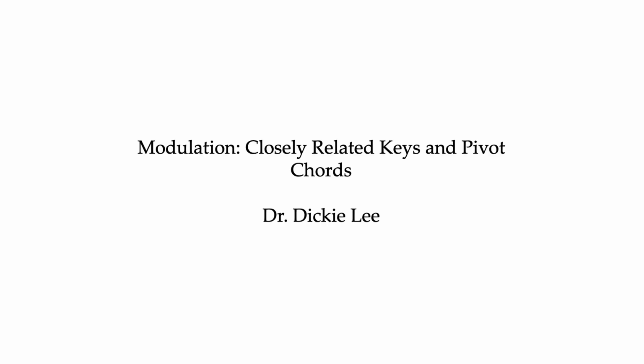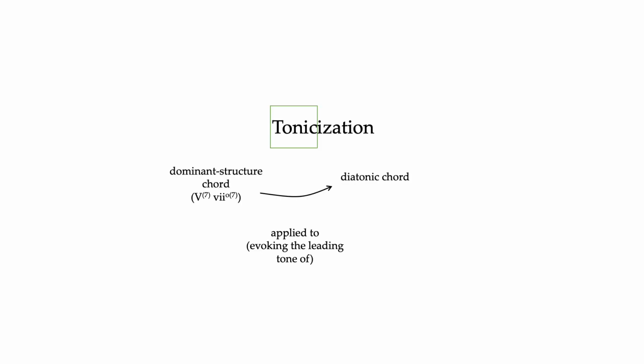Today I'm going to talk about modulation, closely related keys, and pivot chords. To review, tonicization is taking a diatonic chord and treating it as a local key area within a global key. We're borrowing that local key's dominant structure, 5 or 7 of, and we're borrowing its leading tone in order to